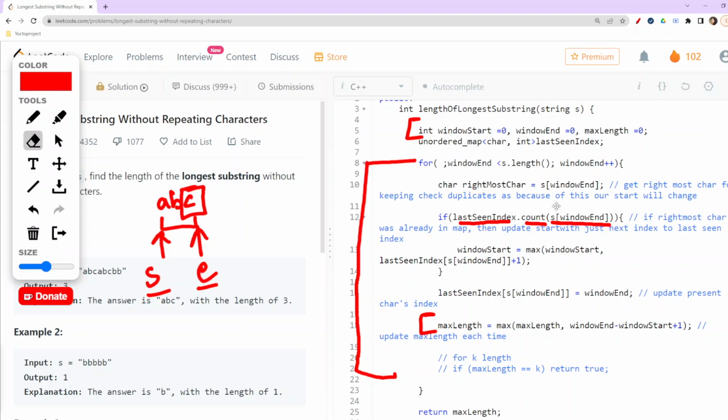The last seen map which we were using is for storing all the indices and the chars. We will check in that map whether this particular rightmost char exists here. If it exists, then if we are entering this particular condition, it's sure that we found a duplicate. And if we found a duplicate, then we have two options. Either we will start from this only,